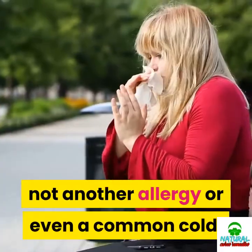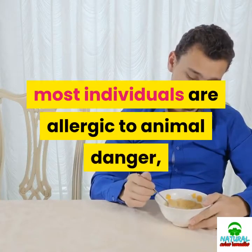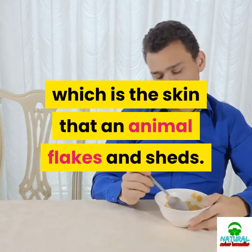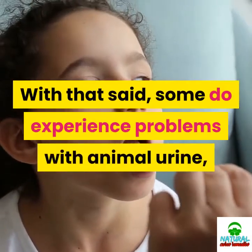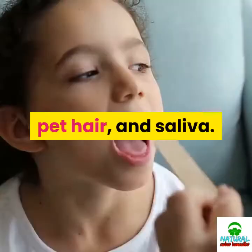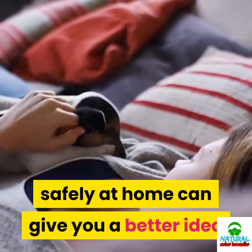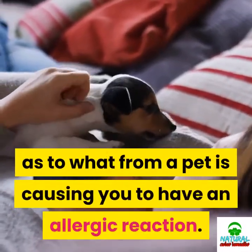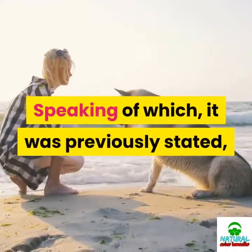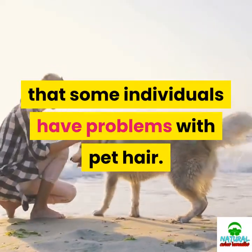As for what causes these symptoms, most individuals are allergic to animal dander, which is the skin that an animal flakes and sheds. With that said, some do experience problems with animal urine, pet hair, and saliva. A doctor or a few experiments performed safely at home can give you a better idea as to what from a pet is causing you to have an allergic reaction. Speaking of which, it was previously stated that some individuals have problems with pet hair. That is why